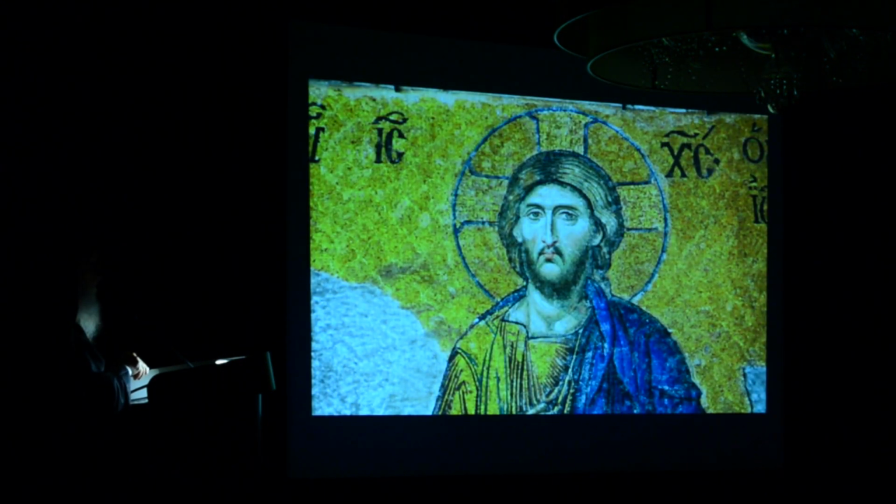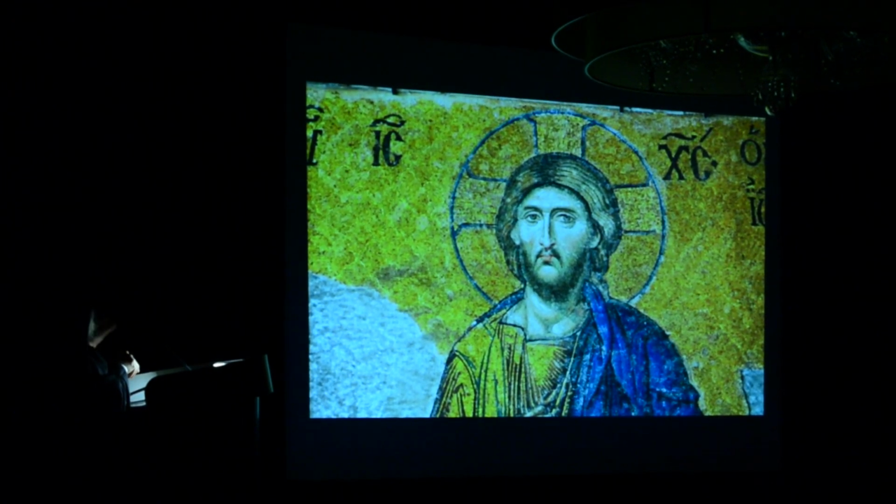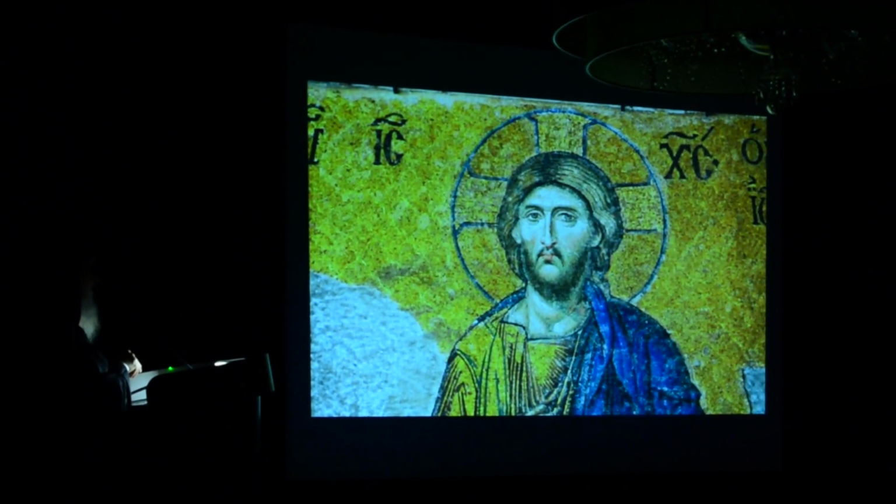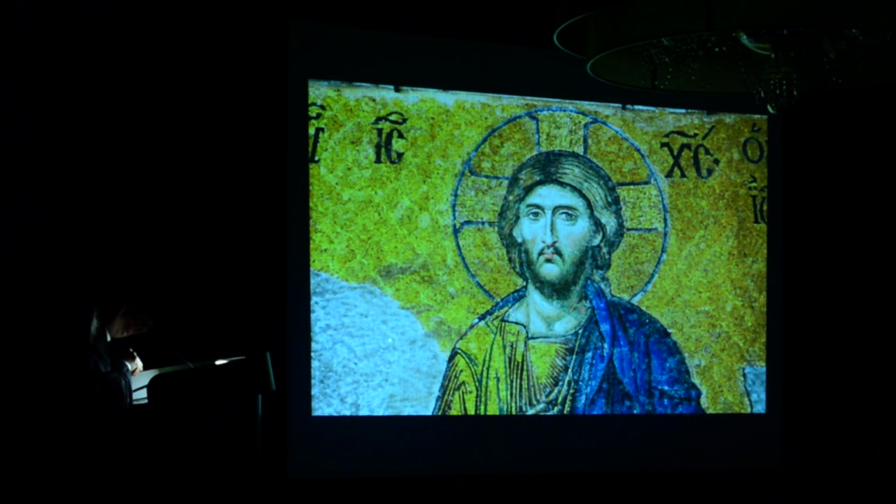And of course, it's famous not only for the architecture, but the mosaics. This is a famous mosaic of Christ, and it's part of a triptych. The Mother of God is on this side, and St. John the Baptist on that side. Now, you can see here the parts of the mosaic are missing because people used to visit and take something as a blessing until the government decided that enough was enough, and they blocked the icon, so there is no possibility to take anything. And from the same church you have this beautiful icon.